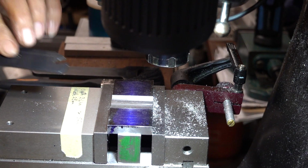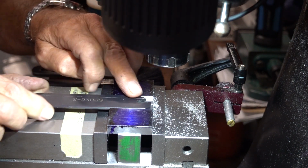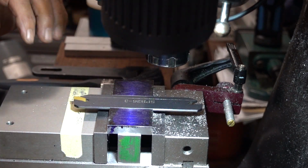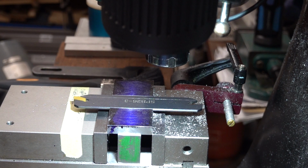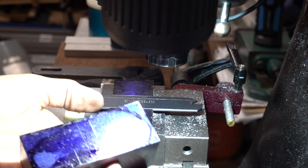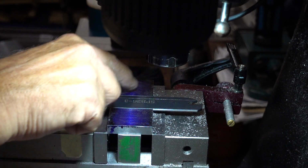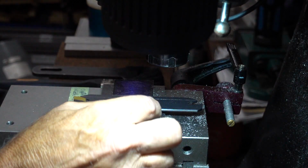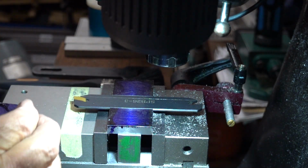Right, so it will go in like that, and then that's going to clamp onto the side of the block, and it's going to be fixed with 4 fixings, 2 at top, 2 at bottom. They're going to be slotted and counterbored and counter slotted, and I'll be able to adjust the blade up and